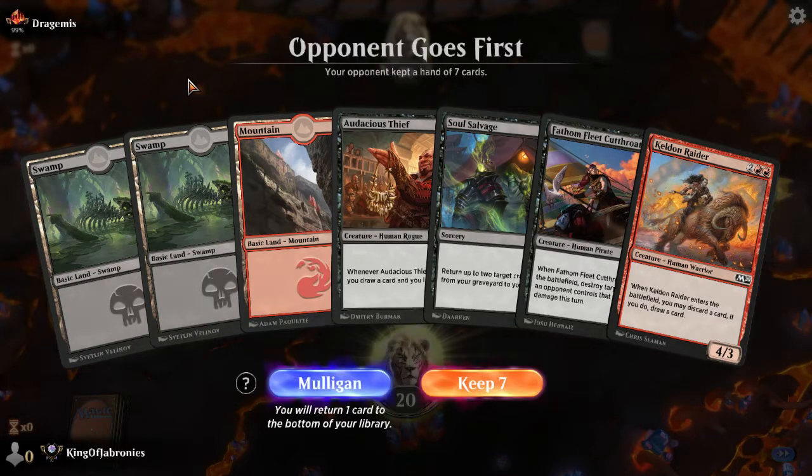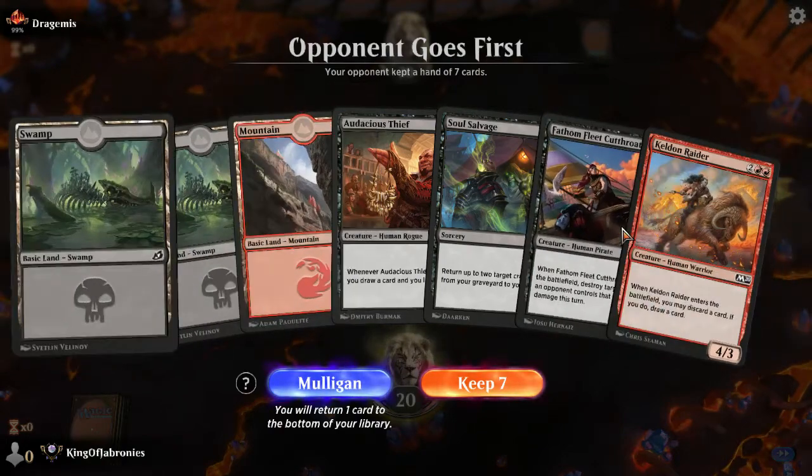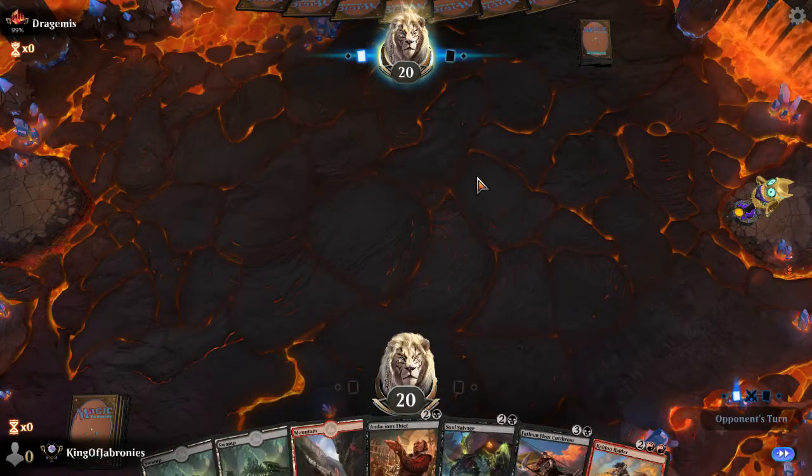This isn't a bad hand. I do have a 3-drop, and then if I can attack, I can follow up with Cutthroats. We're on a draw. I think this is fine. Again, I always prefer 1 or 2 drops, but it's still okay since we can kind of curve out,